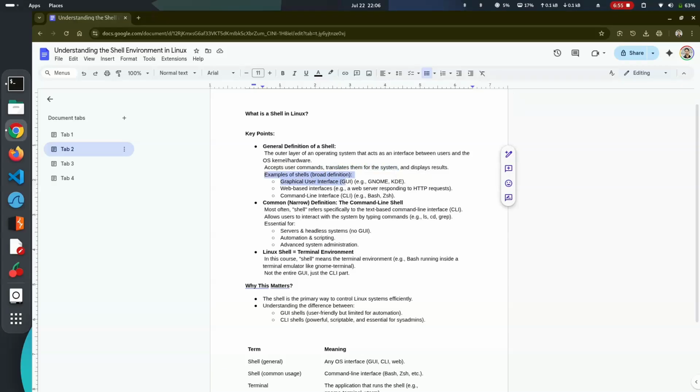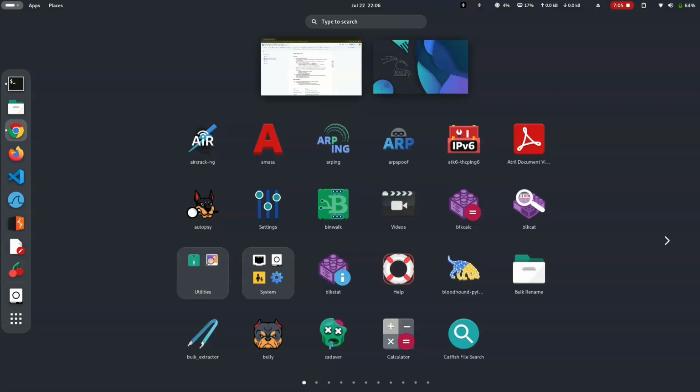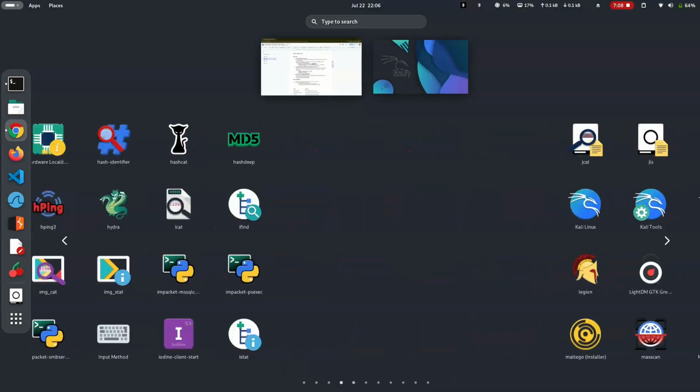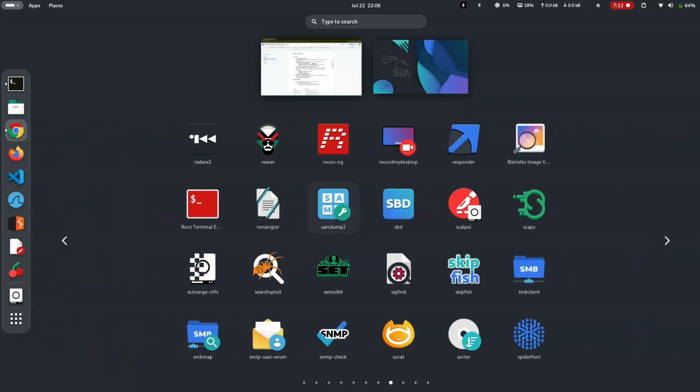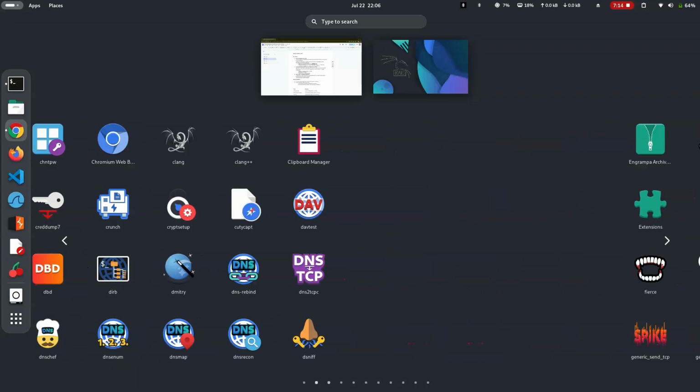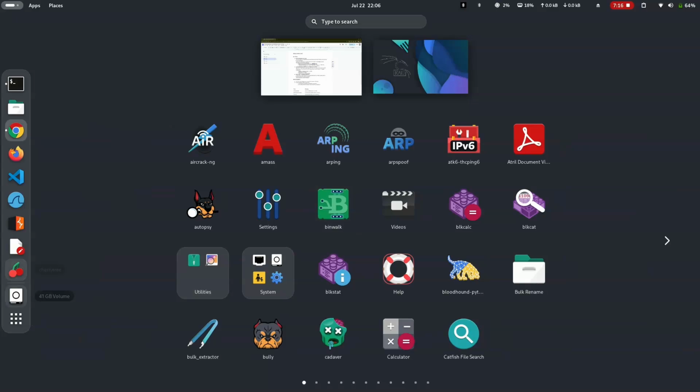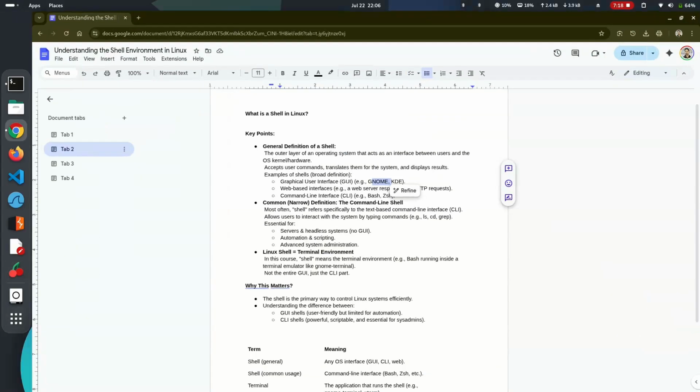There are different types of shell. We are going to see the broader definition of shell. There is the graphical user interface like GNOME or KDE. This is a GNOME environment that you can see; this task manager is a GNOME file. But we also have KDE Plasma, which comes at the time when we are installing an operating system. Currently I'm in Kali Linux, so at that time I chose to go with the GNOME